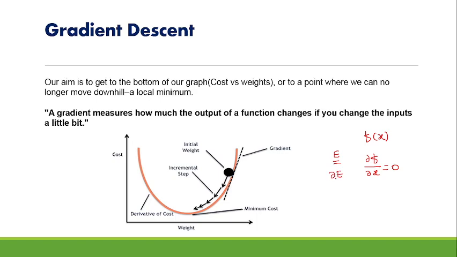We are trying to reach ∂E/∂W = 0, where E depends on W as well as bias. So our target is to get ∂E/∂W equal to 0. Now see this graphical representation. On this side we are considering our cost function derivative, that is the gradient ∂E/∂W, and on this side you are considering the values